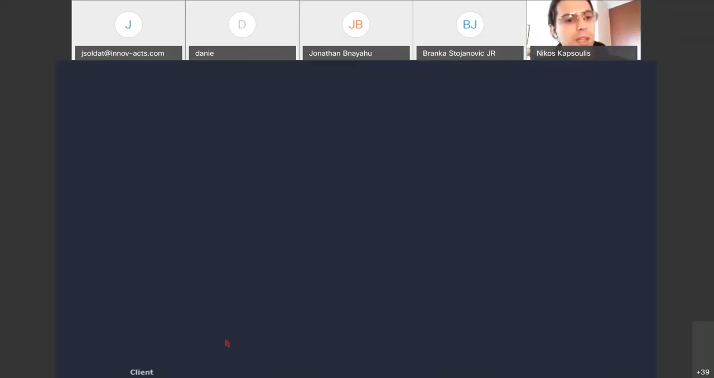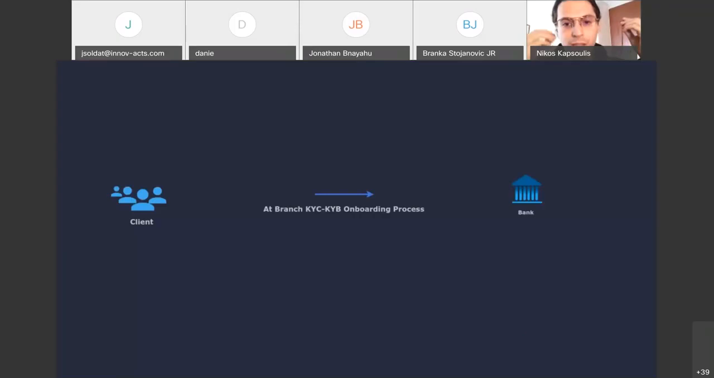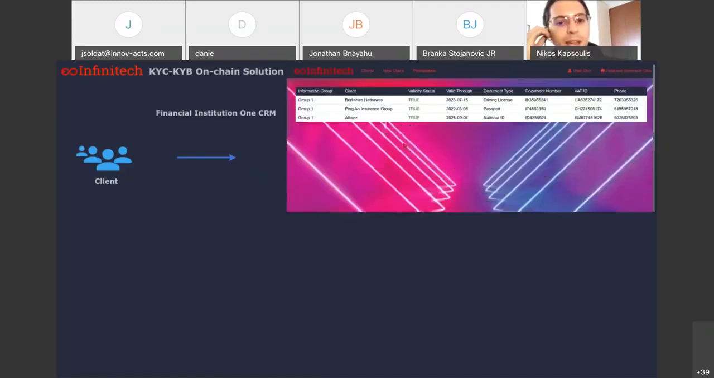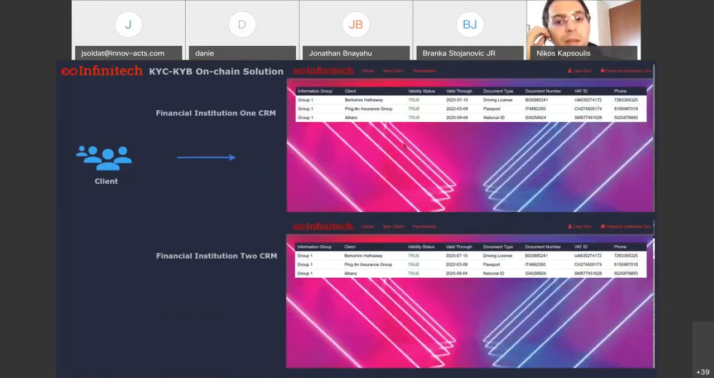In every know your customer, know your business scenario, there is an individual client or corporation that submits their data to a financial organization like a bank, an insurance company, or a financial institution. In our solution, customer data is shared on an invitation-only blockchain infrastructure where each financial company accesses the data through their dedicated CRM interface. Information groups, such as Group 1, define the way data is organized and shared on the